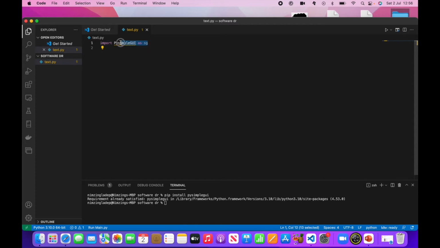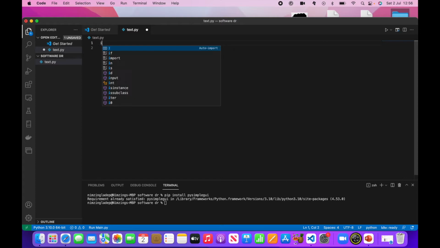Okay, we'll redo that again. Import PySimpleGUI as SG. Now you see that has worked. So in order to create a text area, what you need to do